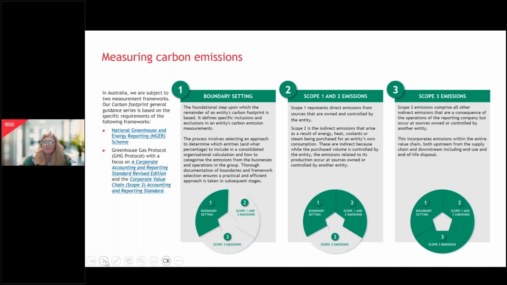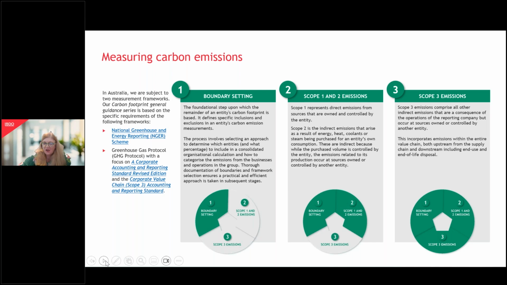We need a baseline footprint, and then we have to recalculate that baseline each and every year in order to see whether we are reducing our footprint. It's important once you've got a baseline to think about what would be a realistic target and then to track performance against that target. So if you measure your carbon emissions and come up with a baseline, at BDO